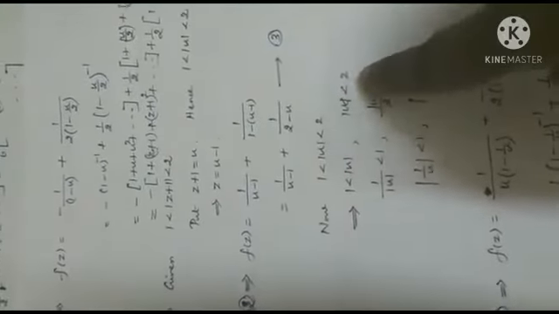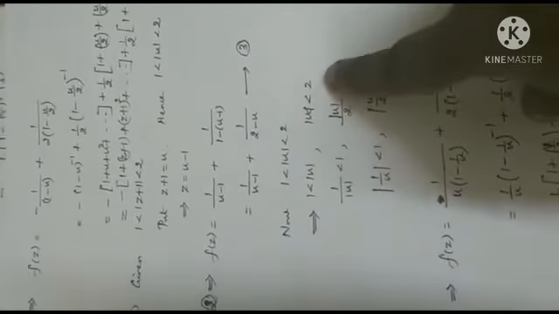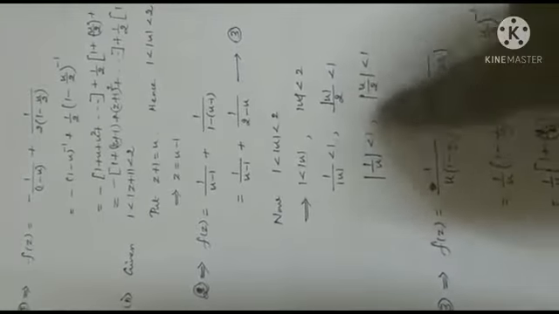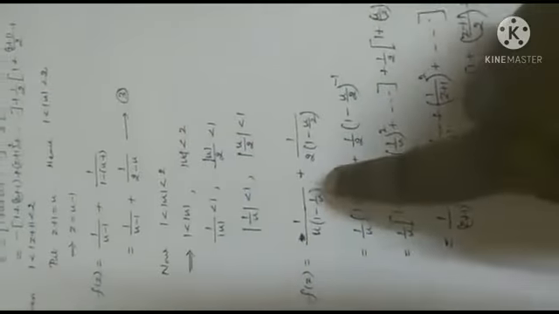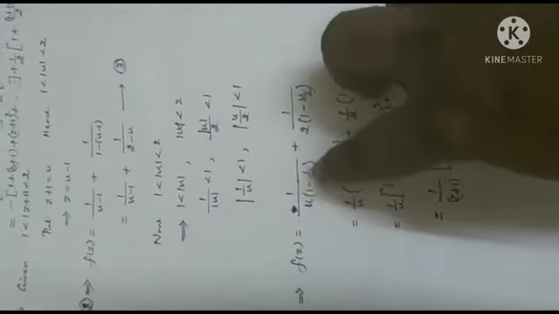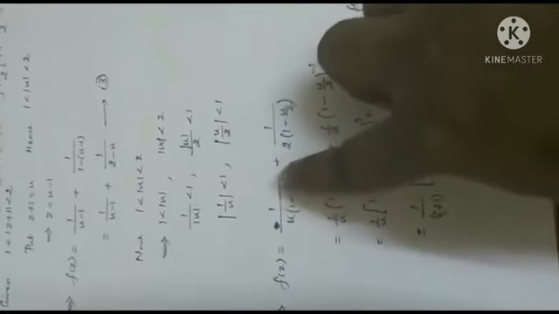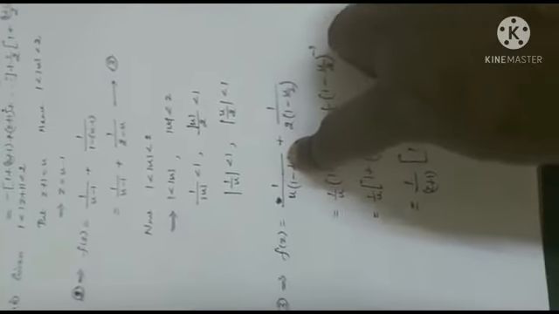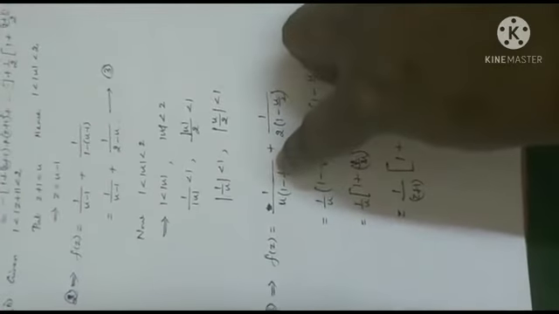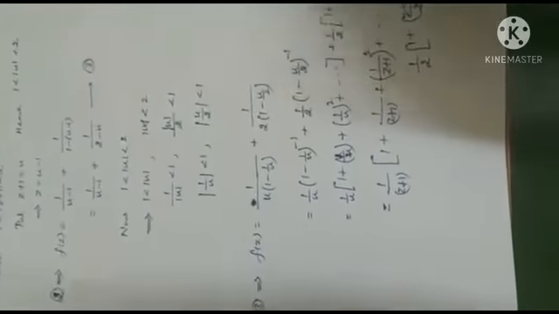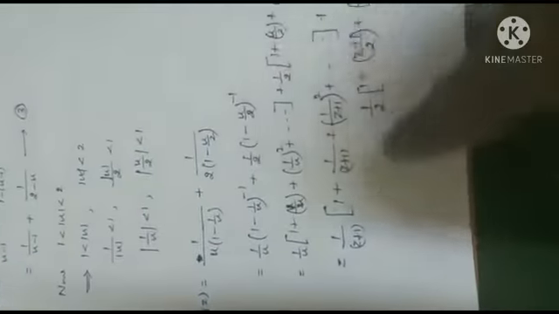Now 1 less than mod u less than 2. From this 2 you can easily understand, here it should be 1 by u, here it should be u by 2. Take 2 outside, it becomes u by 2. Take u outside, it becomes 1 by u. To use binomial expansion, 1 minus x or 1 plus x whole power minus 1, the modulus of x should be less than 1. To get such a less than 1 inequality, take the term to the numerator, expand, and finally get the answer in terms of z.